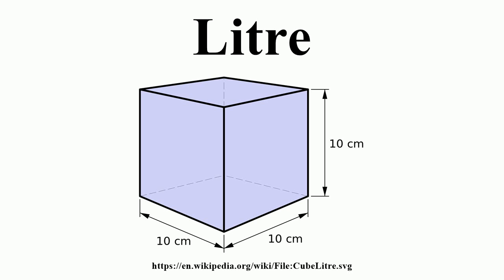Similarly, 1 milliliter of water has a mass of about 1 gram. 1,000 liters of water has a mass of about 1,000 kilograms. This relationship holds because the gram was originally defined as the mass of 1 milliliter of water. However, this definition was abandoned in 1799 because the density of water changes with temperature and, very slightly, with pressure. It is now known that the density of water also depends on the isotopic ratios of the oxygen and hydrogen atoms